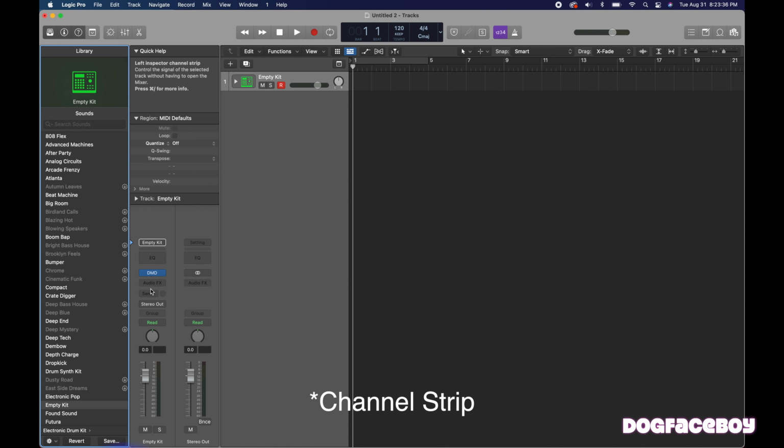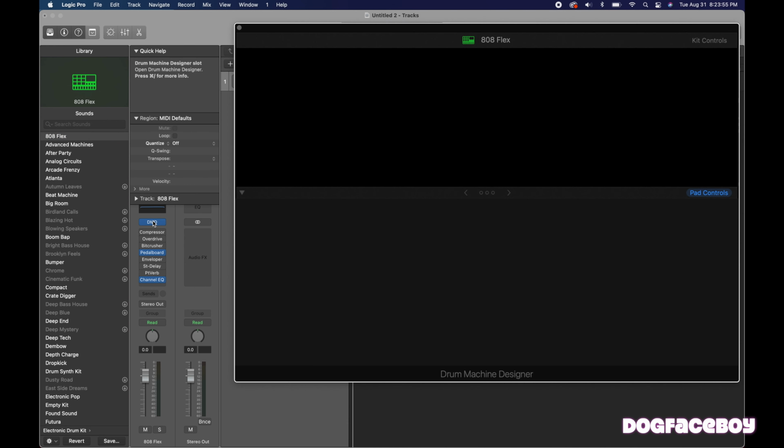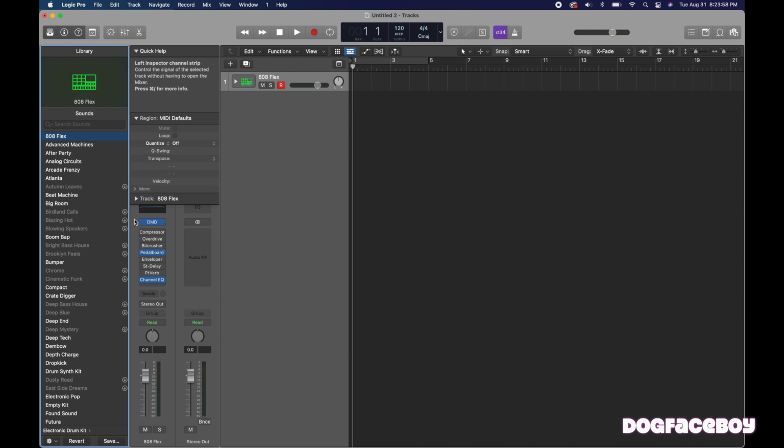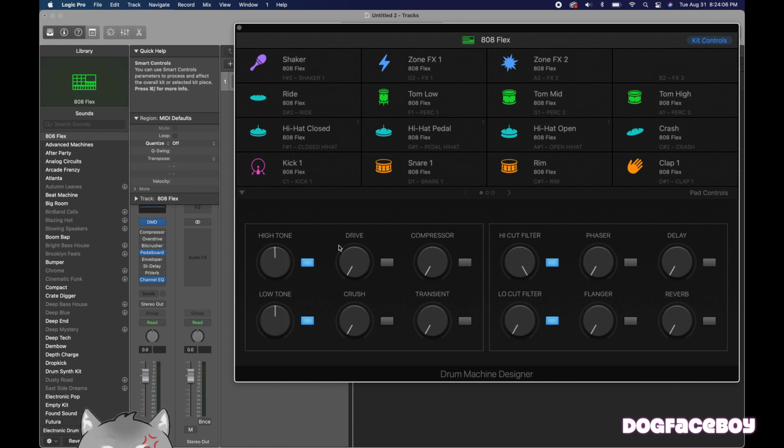fader selection, I guess, you can choose entire kits over here. So let's go with the first one, 808 Flex, and we'll open that up and it'll bring a bunch of audio effects in there. And if we double click our Drum Machine Designer, it'll show us, there we go, single click. If you single click our Drum Machine Designer, it will show us all our loaded instruments in the 808 Flex